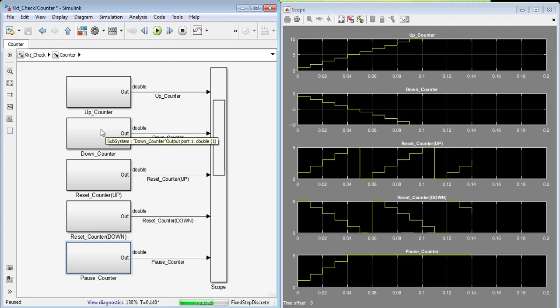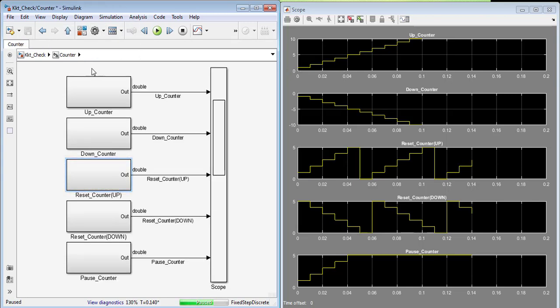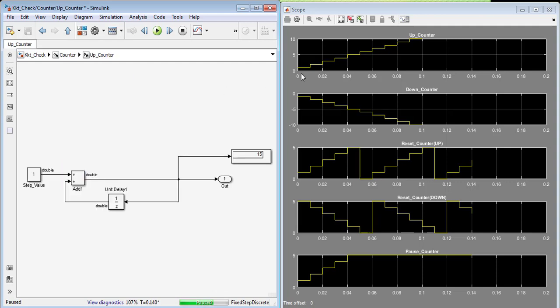Here one thing is, if we want to start with 0, here if we check, it is starting with 1. If we want to start with 0, we want to add one delay block in this implementation.